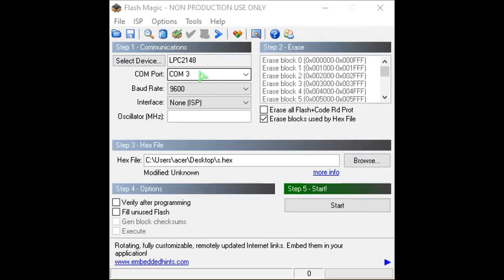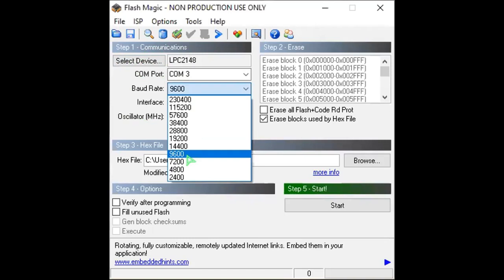And next, the baud rate is important. If we keep the minimum baud rate, it will give the results. If we go for the higher range, it may fail to initiate. So make the baud rate as low as possible. Baud rate is nothing but the communication speed between the device and our system.